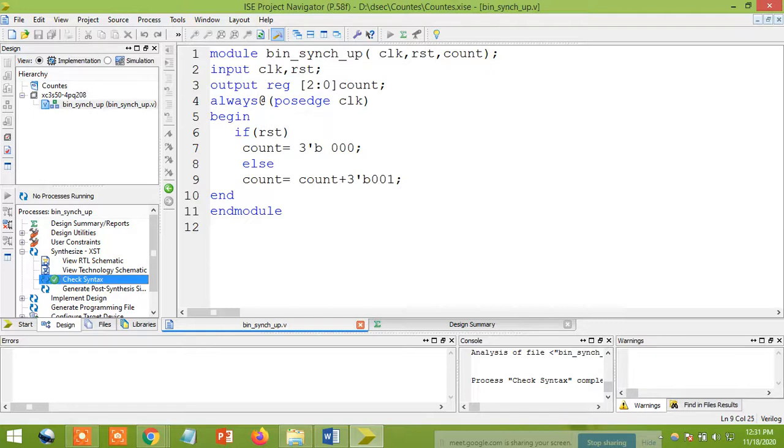So if you want, you can define it here. Otherwise, you can write directly: count is equal to count value. First I'll take this one, later I'll do the modification. We'll see that. Make sure that the green tick should be here. After that, what we need to do? We need to write the test bench program. It's very simple.